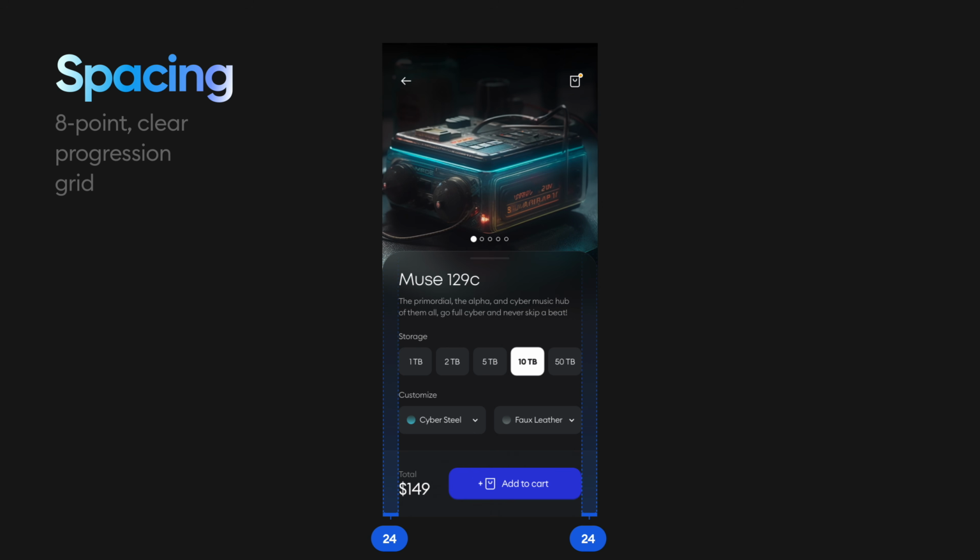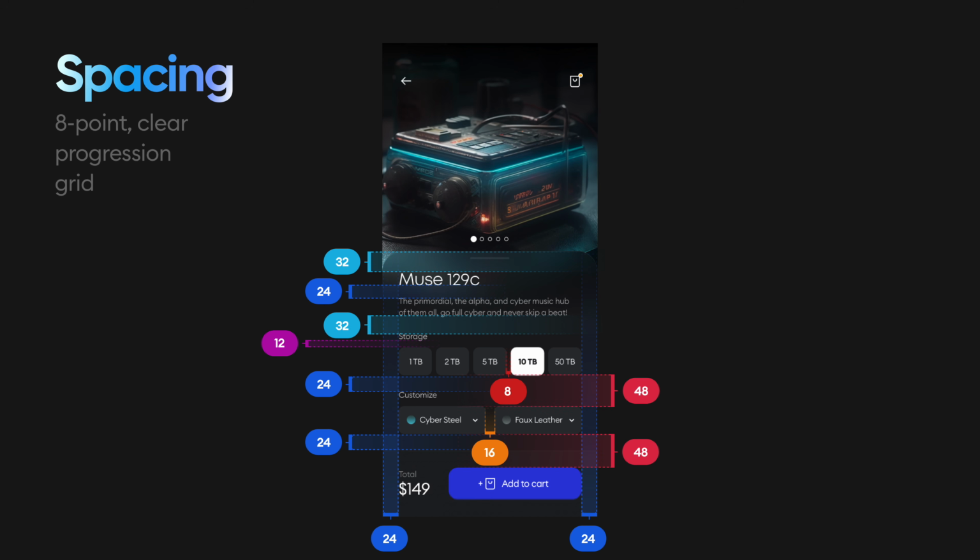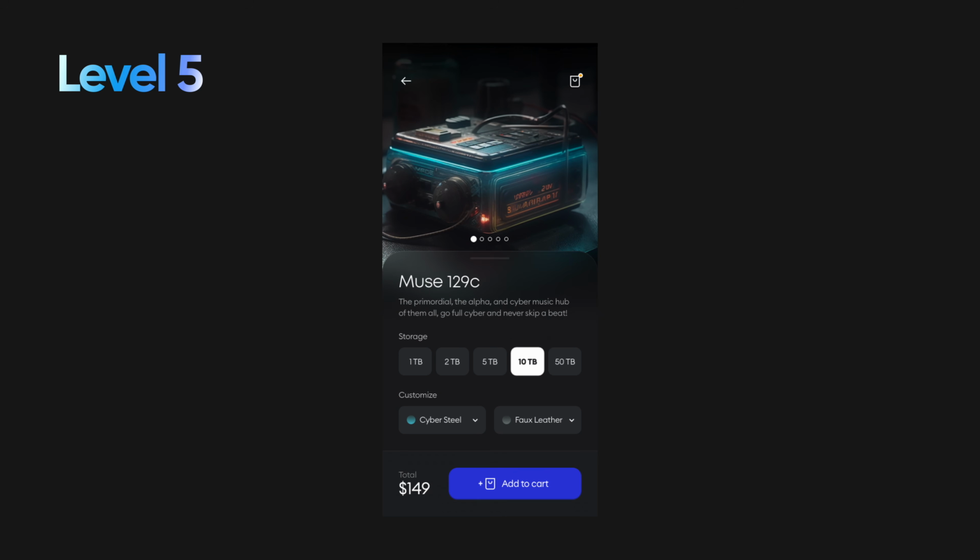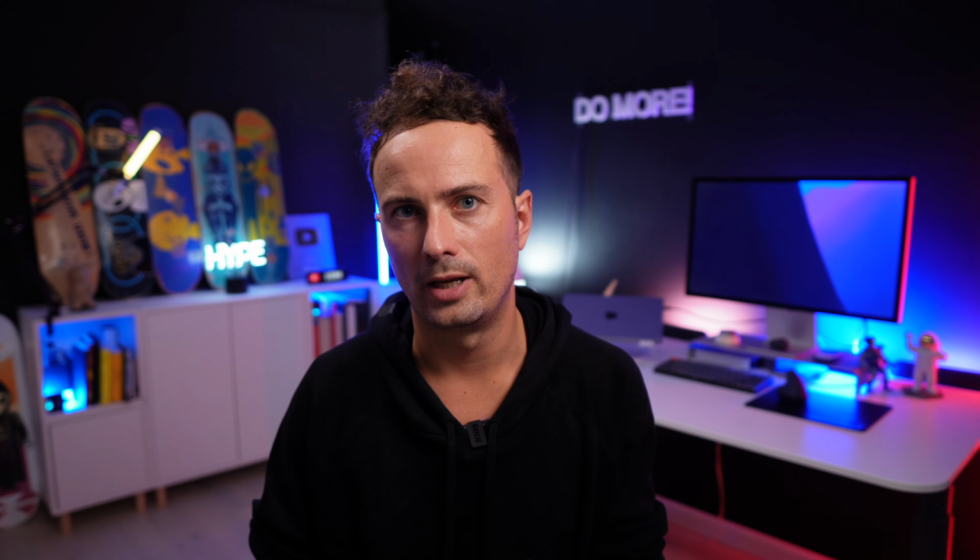The spacing here also follows that same 8-point grid with extreme consistency all throughout, but the main difference is that we are using a 48 distance optically from the form to the button. You can also call that bottom 48 a double 24, and that's still fine. But that one spacing change makes it a lot easier to actually focus on the button without the previous form fields interfering visually. So that's the full breakdown, but if you're below level 4 right now, don't worry, just practice,